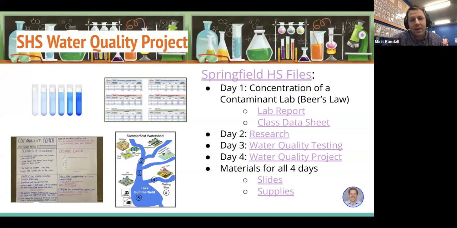So the second part of our project works, or maybe I'll just back up. Day one was the Beer's Law Lab, and then day two was them finishing that, analyzing that, and then doing research, like Joe May described. For us, we had them make physical posters about each different contaminant, including where it comes from, potential solutions, and this is also where they recorded their constant. We call it their absorbance constant, the constant that they would need for determining the concentration. In day three,